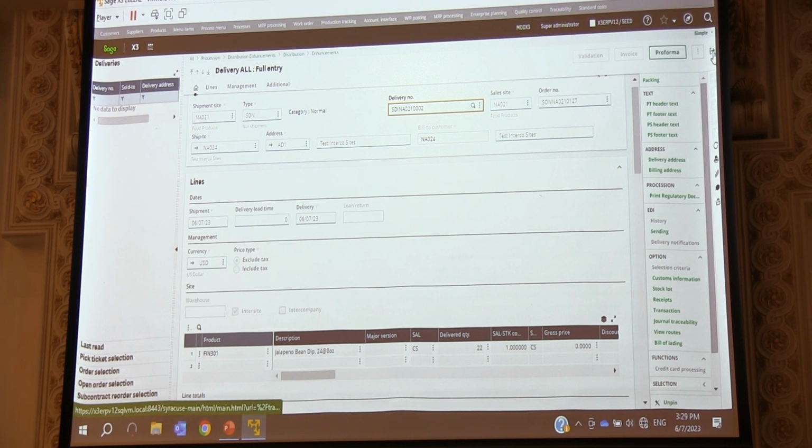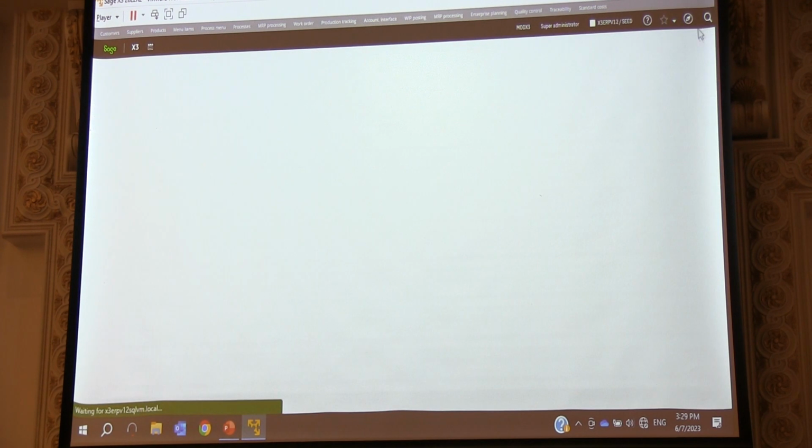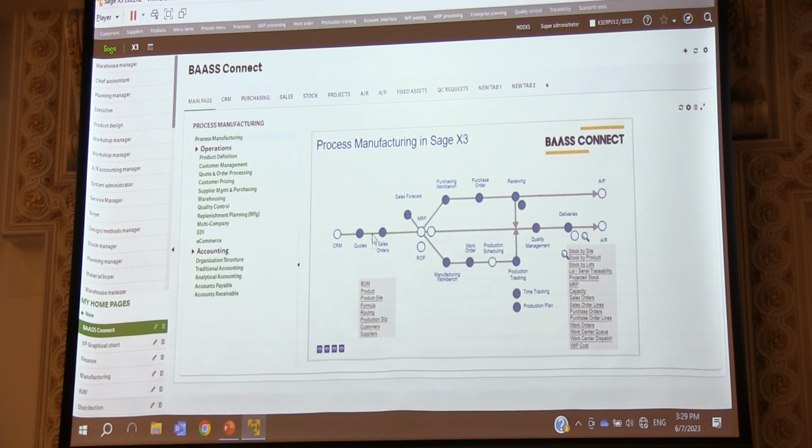Okay. Now, a few things. If I go to my site NA24, this is where we'd go in and do a PO receipt, because it's an inter-site transfer, and then I could go and ship that goods. If I actually go in,